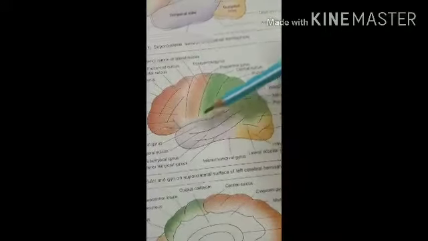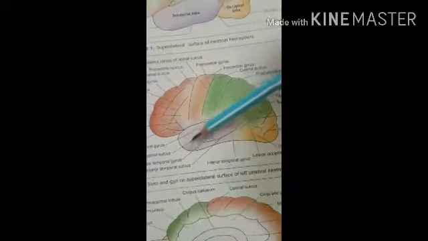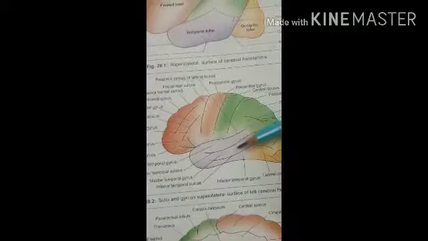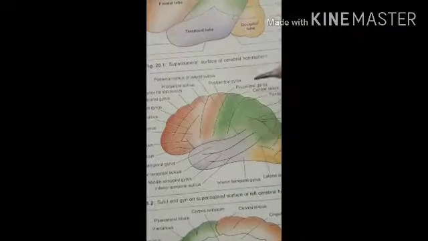In the temporal lobe, two sulci are present which run parallel to each other. These are the superior temporal sulcus and the inferior temporal sulcus, and because of these two temporal sulci, the temporal part is divided into three gyri: the superior temporal gyrus, the middle temporal gyrus and the inferior temporal gyrus. After that, on the superior surface of the superior temporal gyrus, there are two transverse temporal gyri.